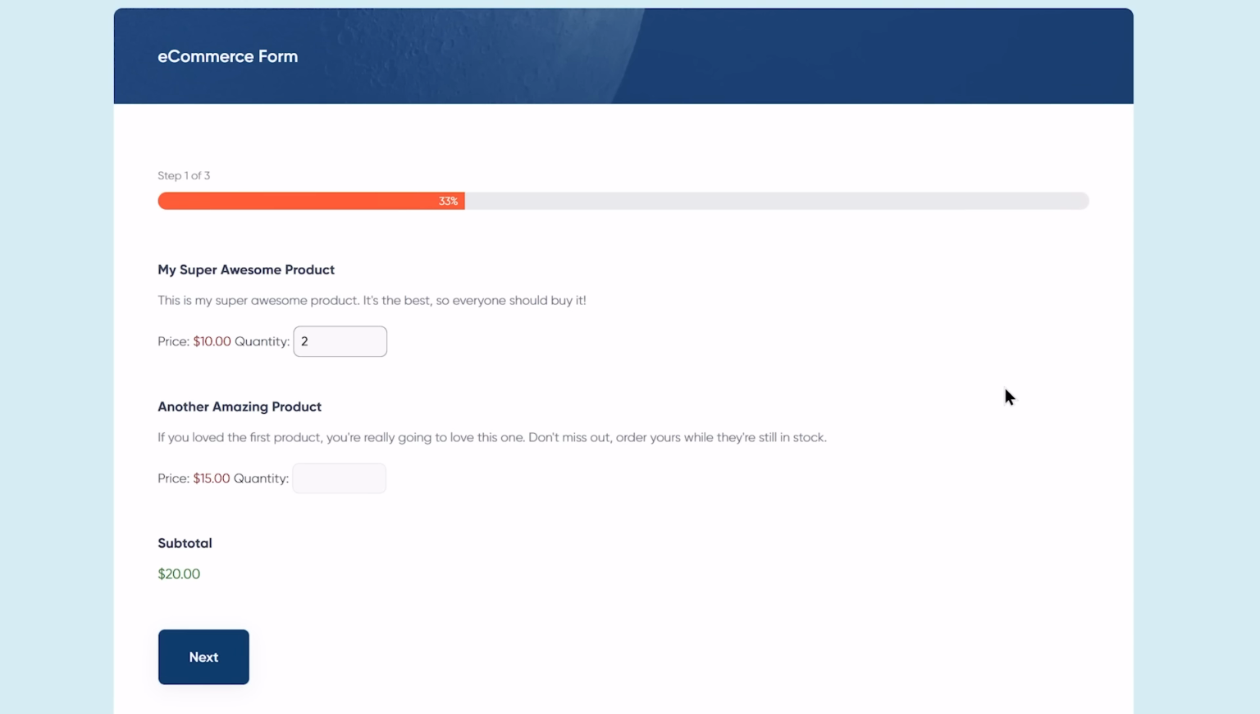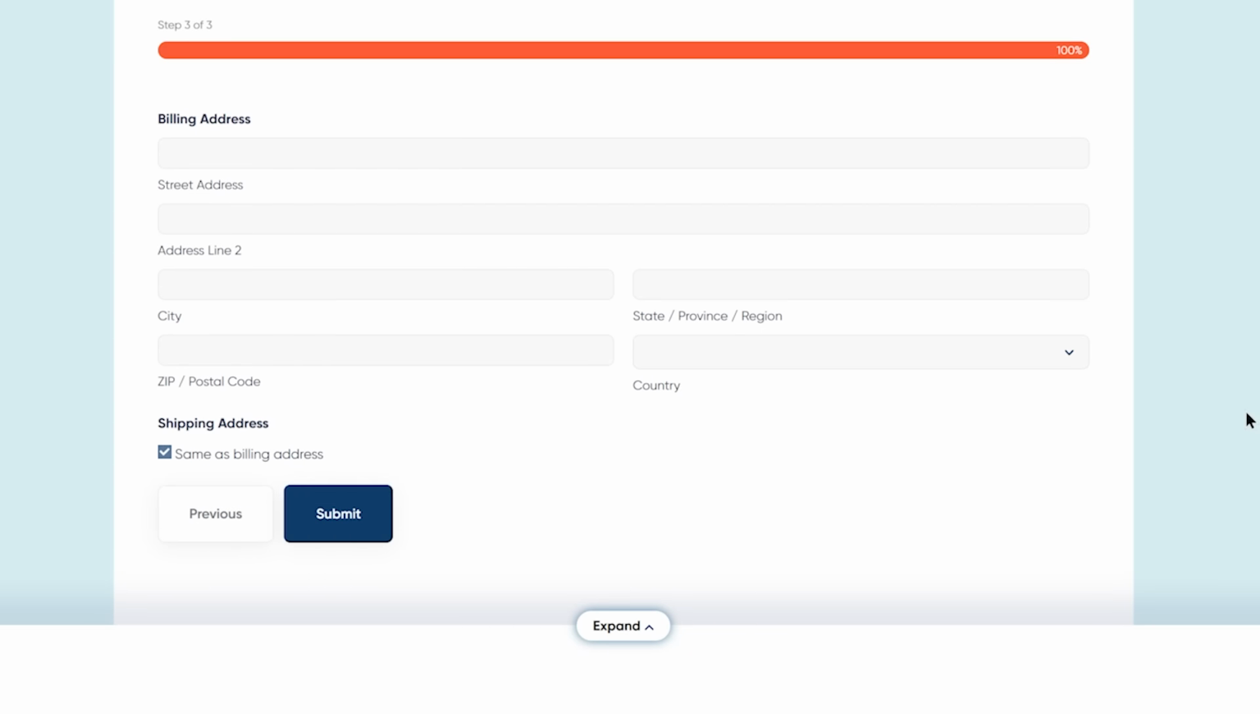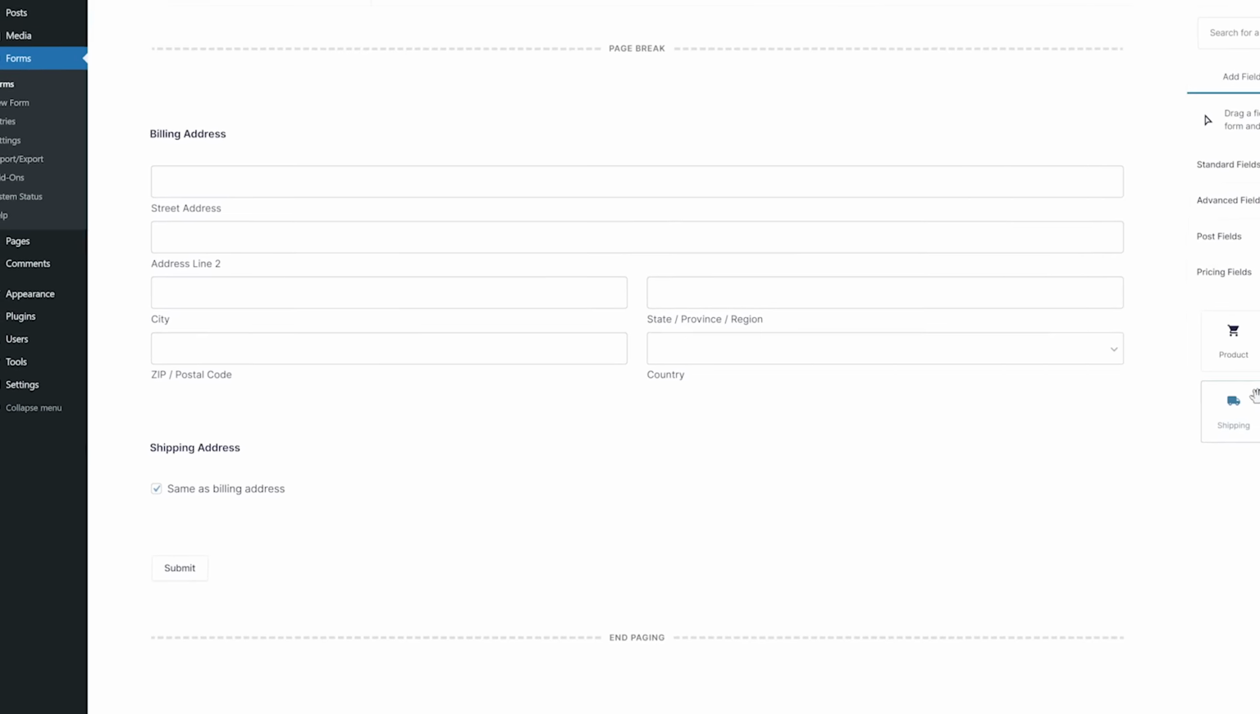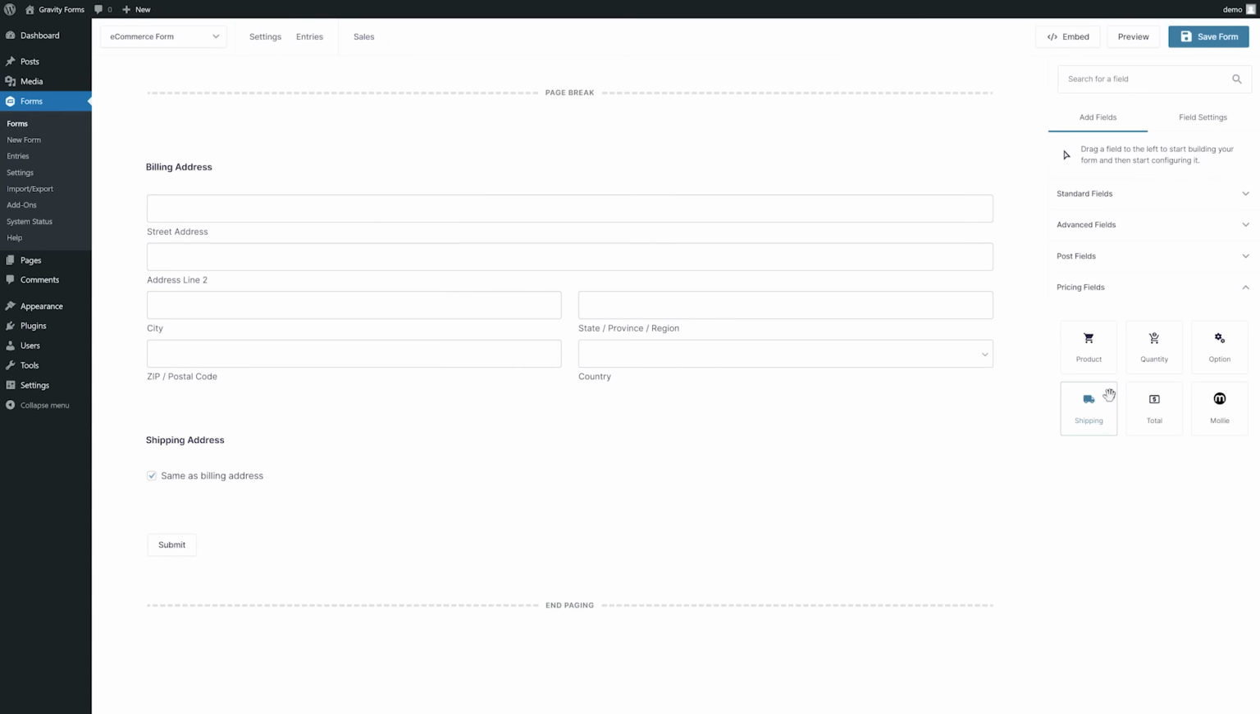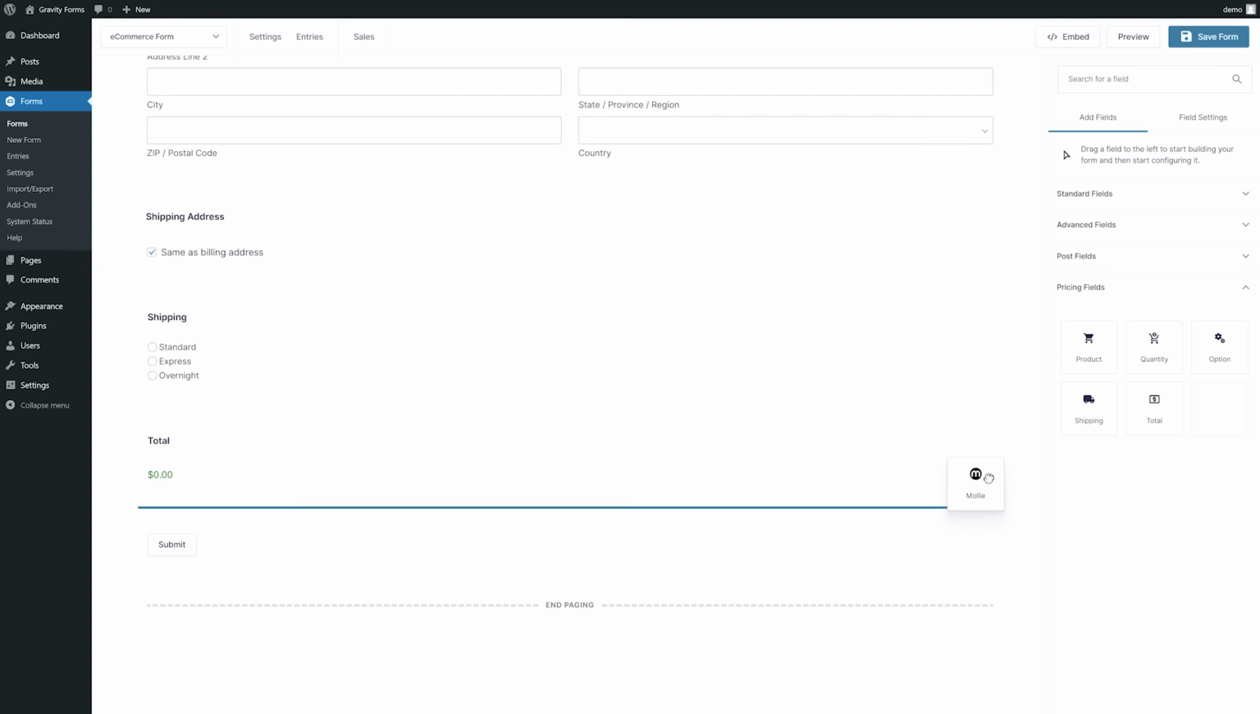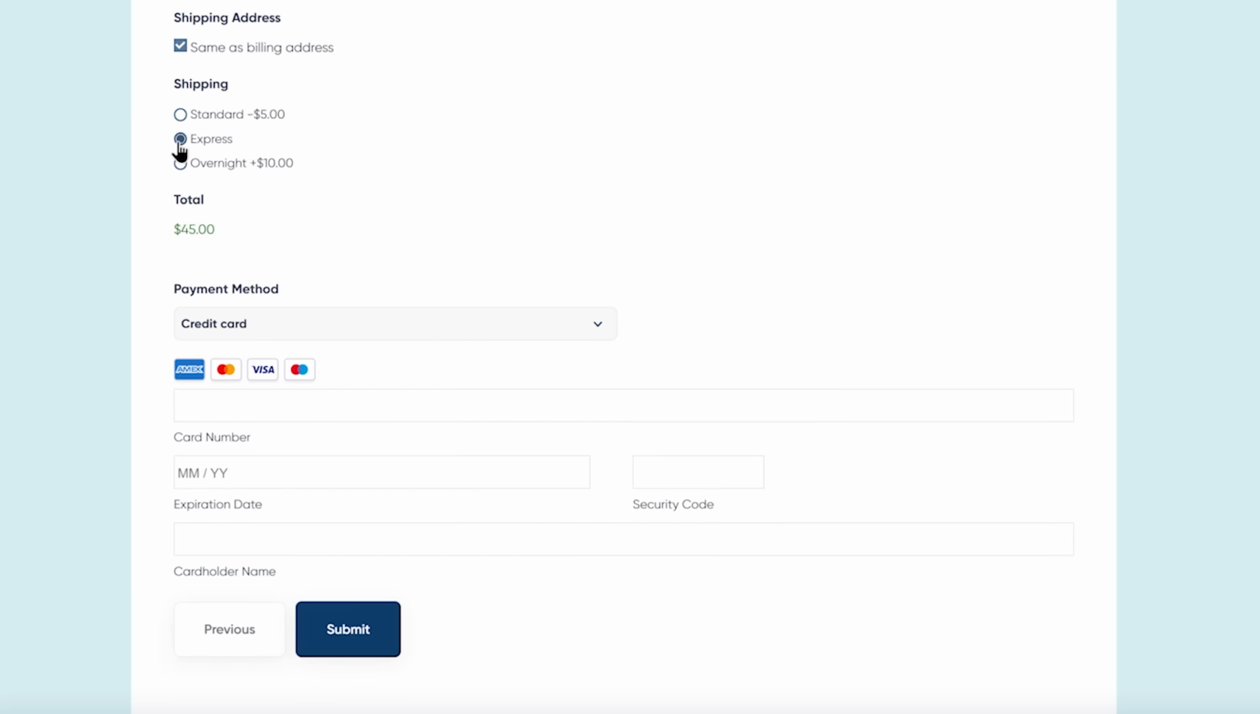With Gravity Forms, you can process payments for any business needs, whether you're running an e-commerce store, taking donations for a nonprofit, or want to collect subscription payments. Gravity Forms integrates seamlessly with payment gateways including Stripe, PayPal, Square, and Mollie, enabling you to accept one-time or recurring